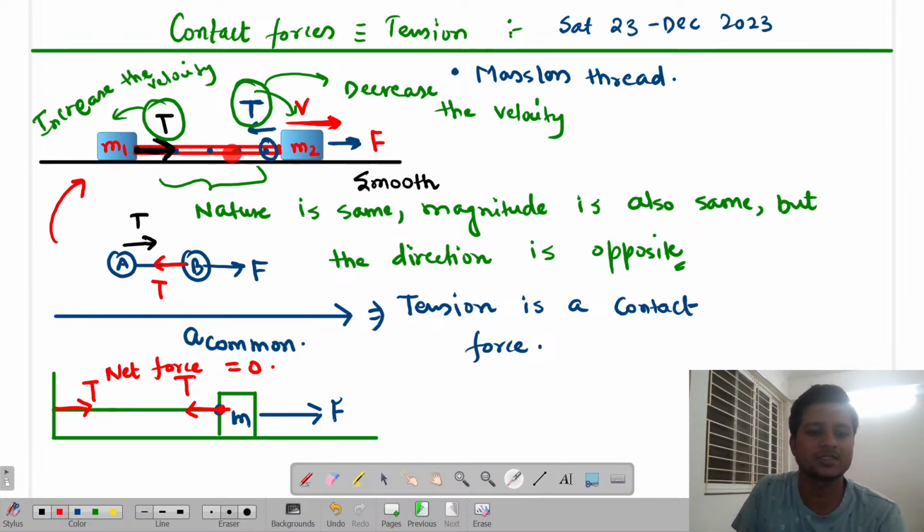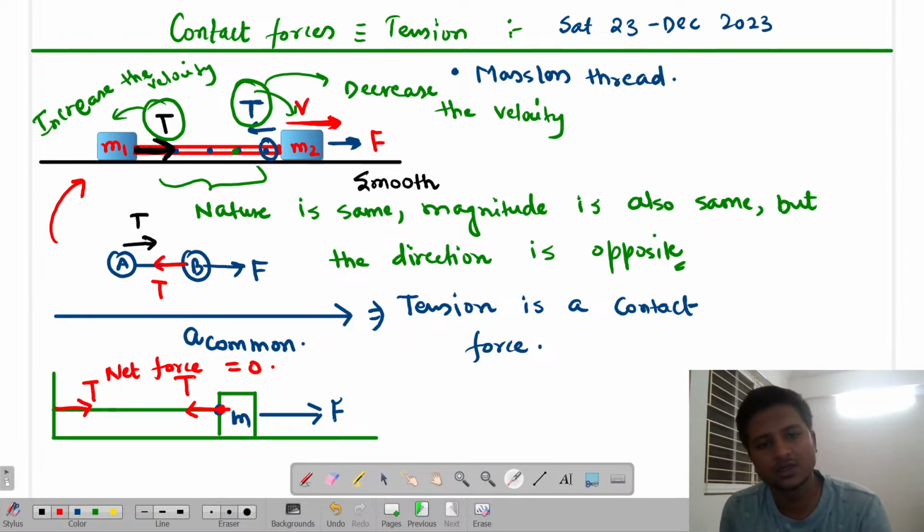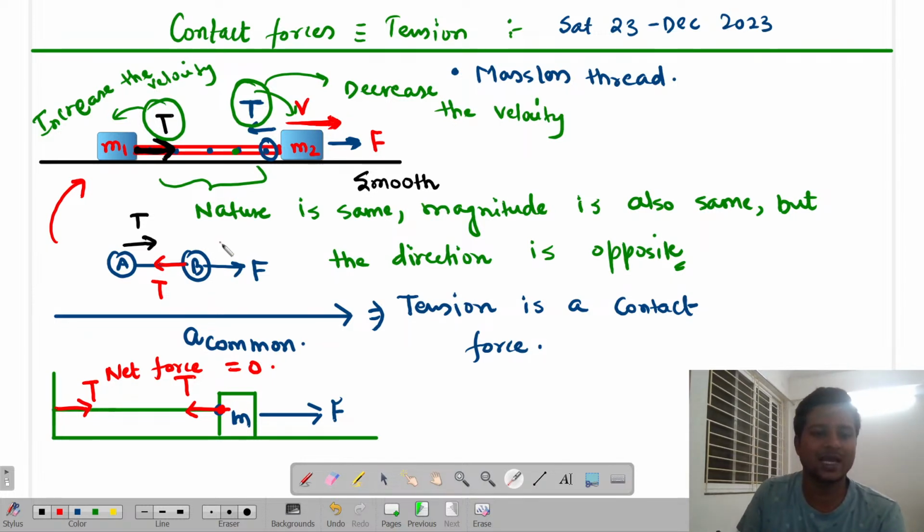टेंशन T अपोजिट डायरेक्शन में लगाएगी। सिमिलरली इसके लिए जो टेंशन लगेगा वो किधर लगेगा, फॉरवर्ड डायरेक्शन में, so that the net force on this whole thread becomes zero, so that both of these bodies, both of the dolls, move with a common acceleration, and the distance between the particles will never ever change. Are you able to get me or not? But the question arises that why is this happening?